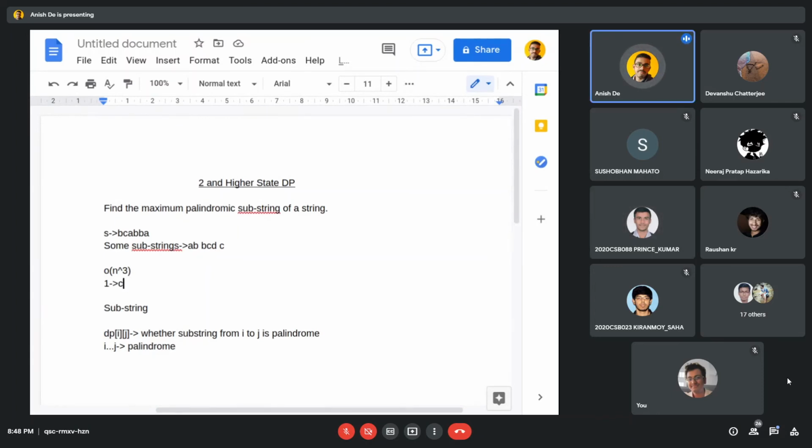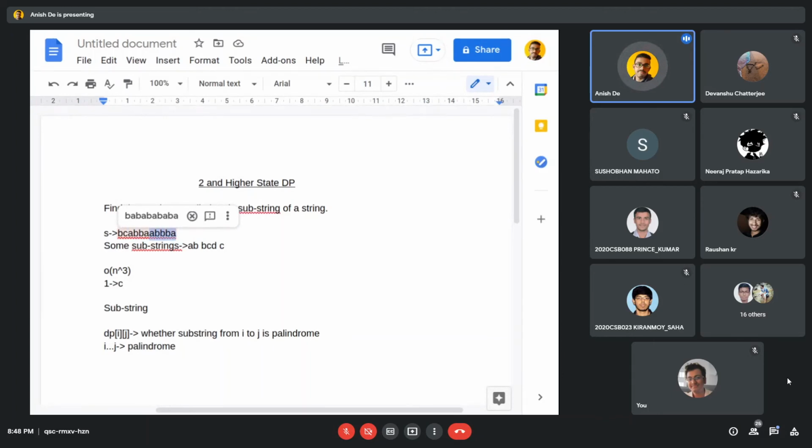So what are you telling? It will also go to n cube because there can be more than one palindromic substring. Let's say you have this. First you are checking A, B, B, A. Then again you will check this.